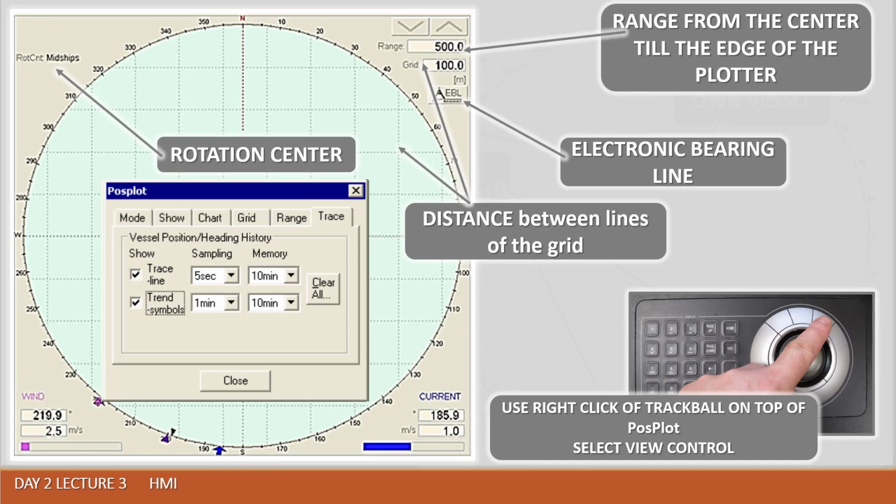Trend symbol shows us the aspect of the vessel and contour with an established time interval and time period. We can keep in memory the past position info as indicated in the memory rectangle, and the sampling period indicated in the sampling rectangle.